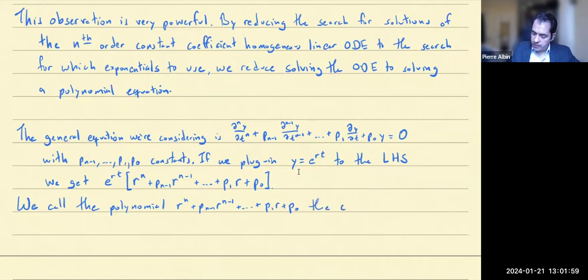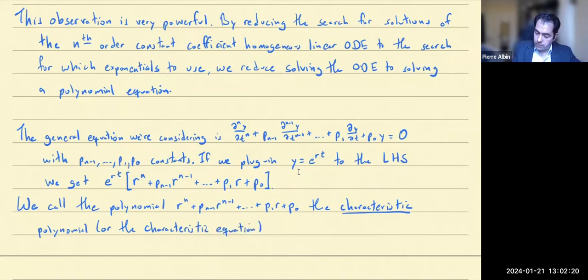This is called the characteristic polynomial. Also called the characteristic equation of the ordinary differential equation,